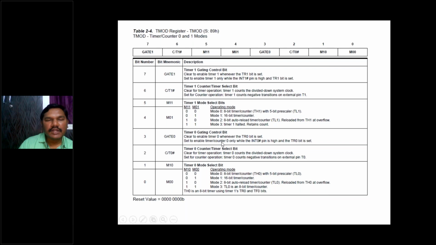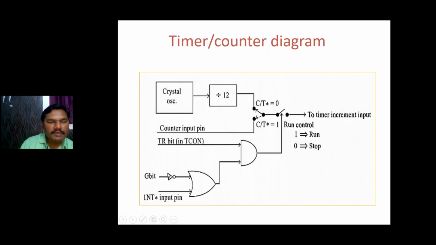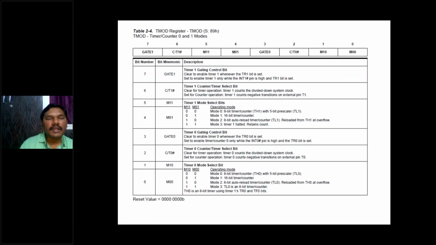Okay, when the GATE bit is 1, that you can see in the diagram also. When the GATE bit is 0, it will run only with the TR0 bit or TR1 bit. If this GATE bit is 1, it means definitely INT1 bar, which means this bit is 0, but here it must be 1, because whenever both are 1, only then can it run the timer or counter, right? Already this bit is 0, then definitely this bit must be 1. That is what we call the INT1. Okay, the INT1 bit must be 1.